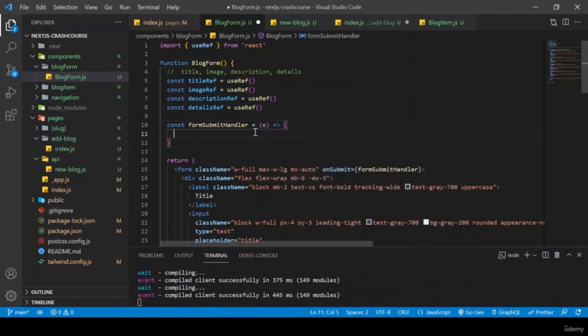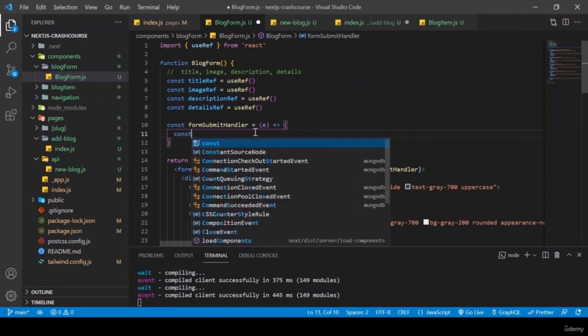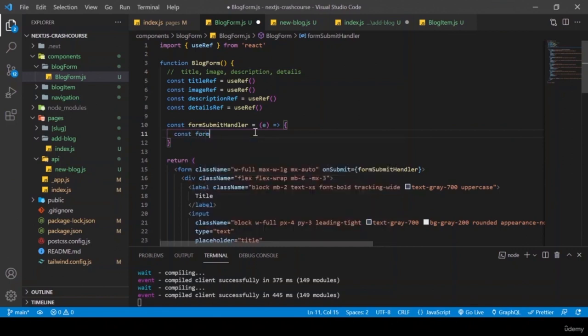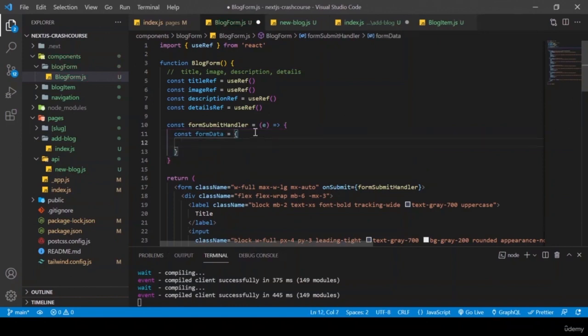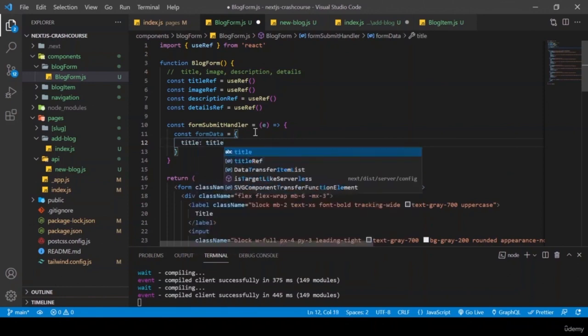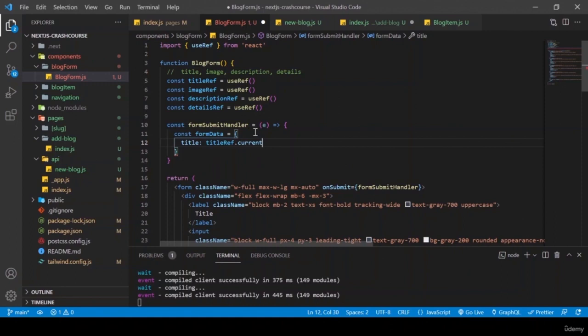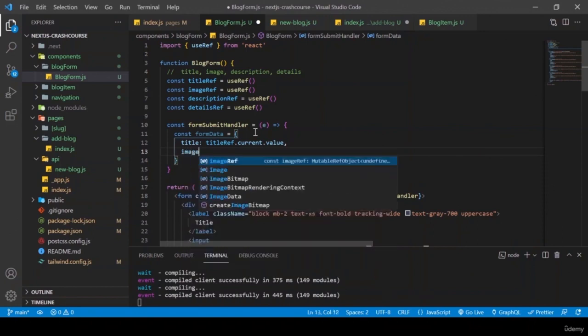Now this function is going to be called when this form gets submitted, and it's going to be called with an event parameter. So what we are going to do is construct an object that is going to fit into what our database is expecting. So we'll say const formData is equal to title, which is equal to